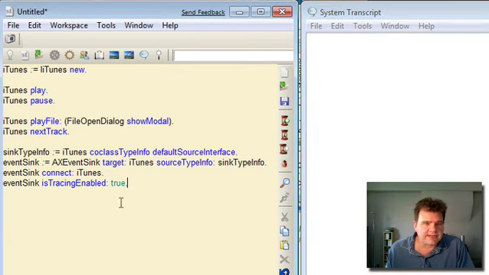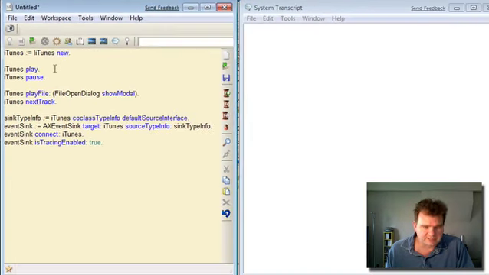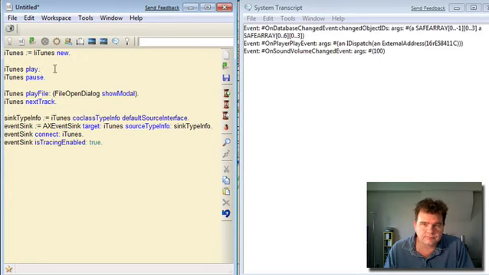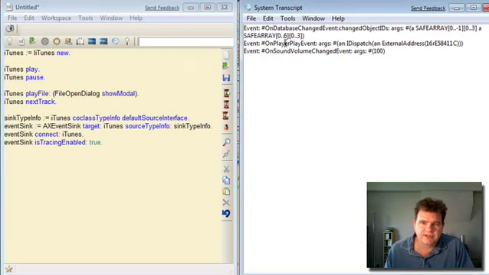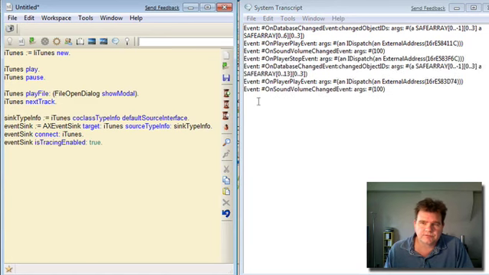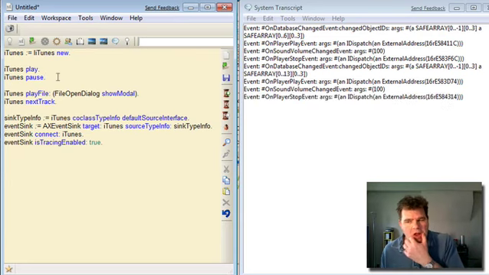Okay, now let's ask iTunes to play the current track. And you see we get a number of events: on database changed event, on player play event, and on sound volume changed. If we play the next track, okay, let's pause that, and now,